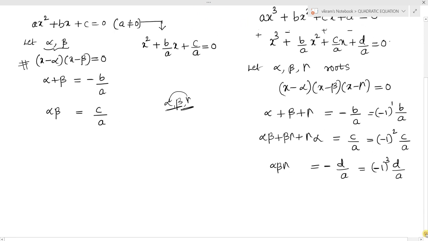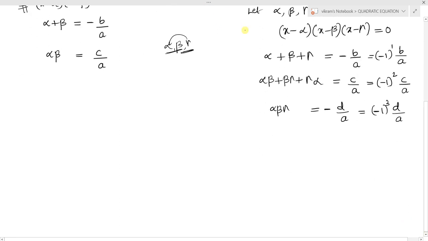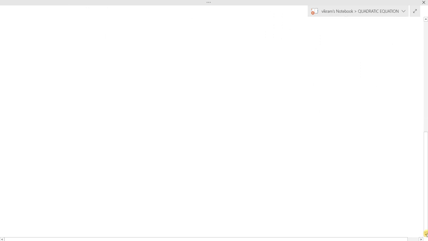So the first one is taking the sum of the roots individually, then taking two roots at a time, the sum of the product of the roots taking two at a time, and the sum of the product of the roots taking three at a time. Okay, so we can understand this with another polynomial, a biquadratic expression. Now we are taking the biquadratic expression ax^4 + bx^3 + cx^2 + dx + e = 0.